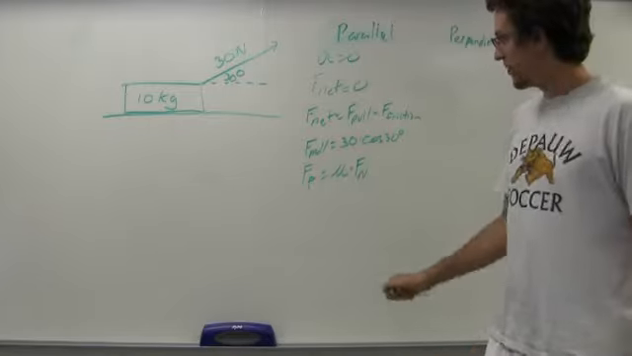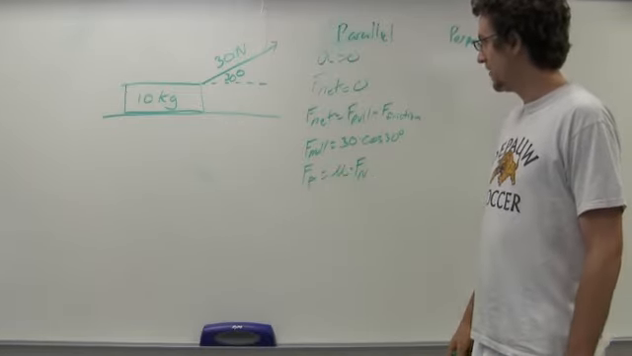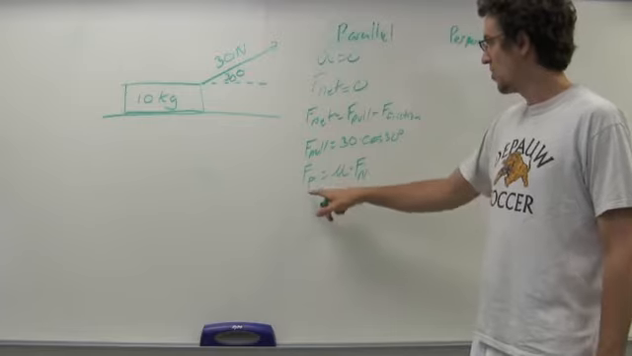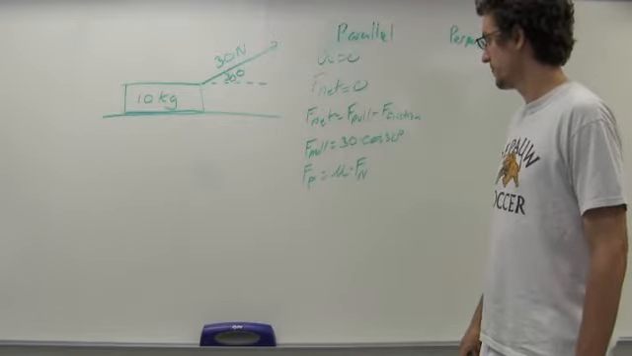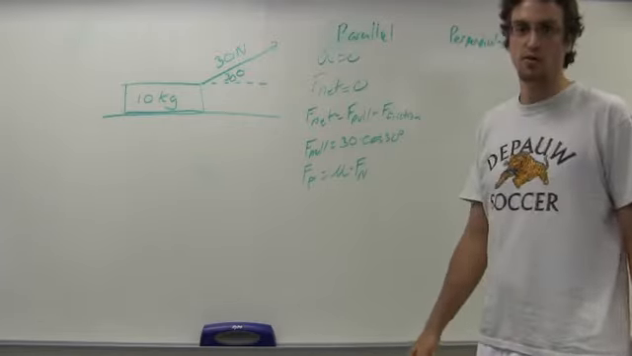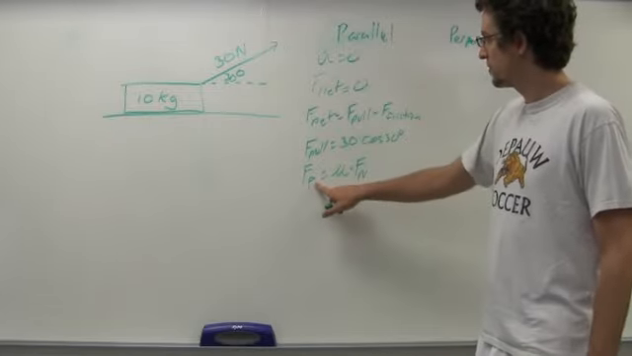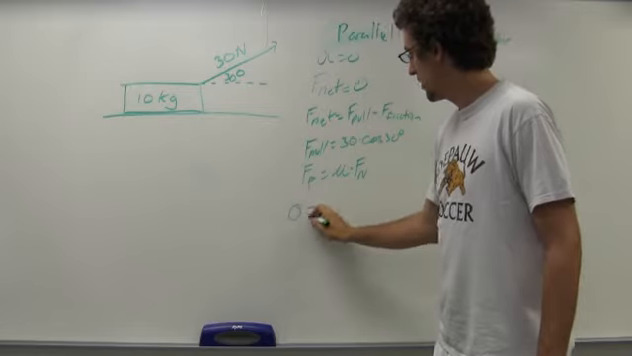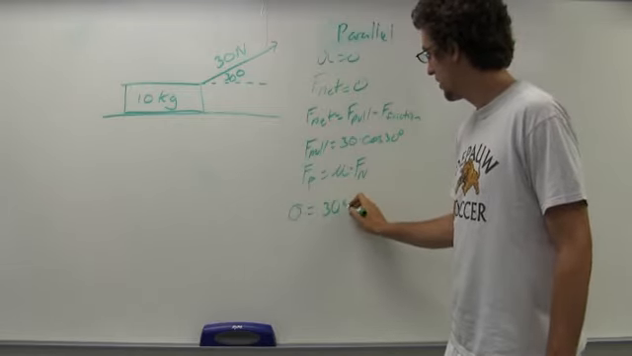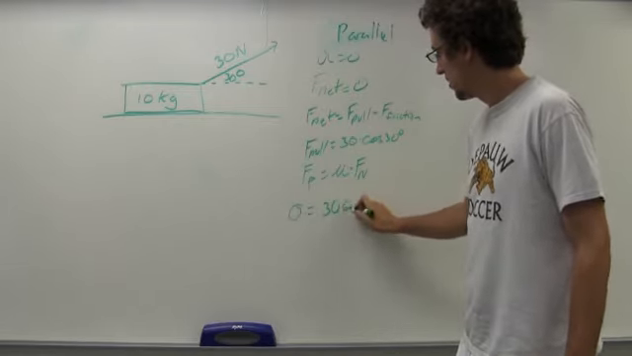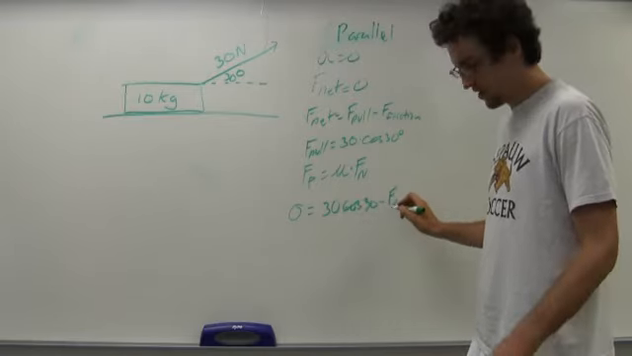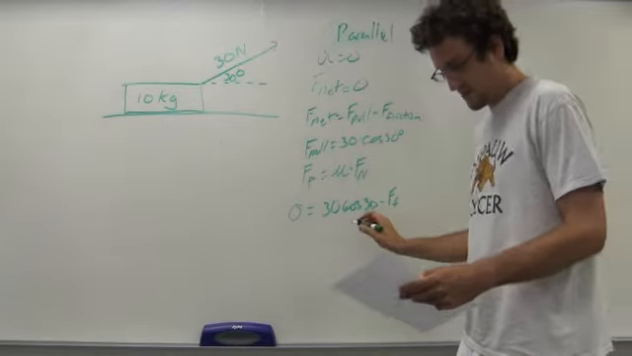So, we want to find mu. Now to find mu, we have to know both F normal and F friction. The force of friction we can find just from here. This comes out to be 0 equals 30 cosine 30 minus F friction, and we get